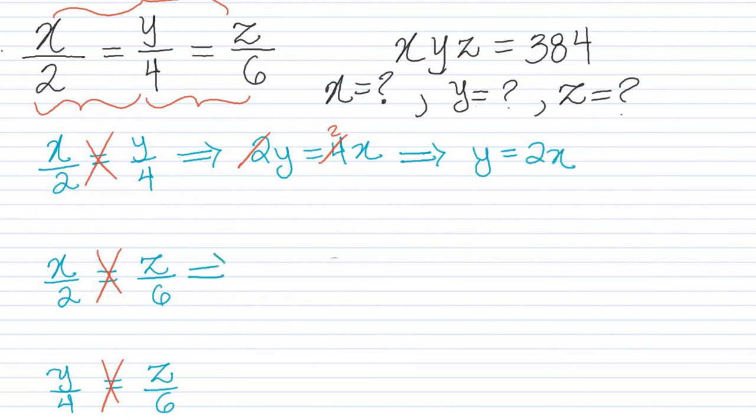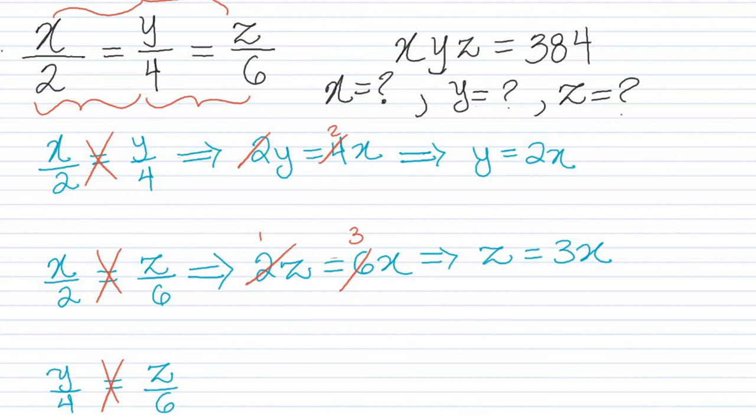And this one here too, cross multiply is the same thing as 2z equals 6x, which can further be broken down, 2 here 1, 2 here 3, which you can break down to be z equals 3x. And then we have this third one where we cross multiply. We have that to be